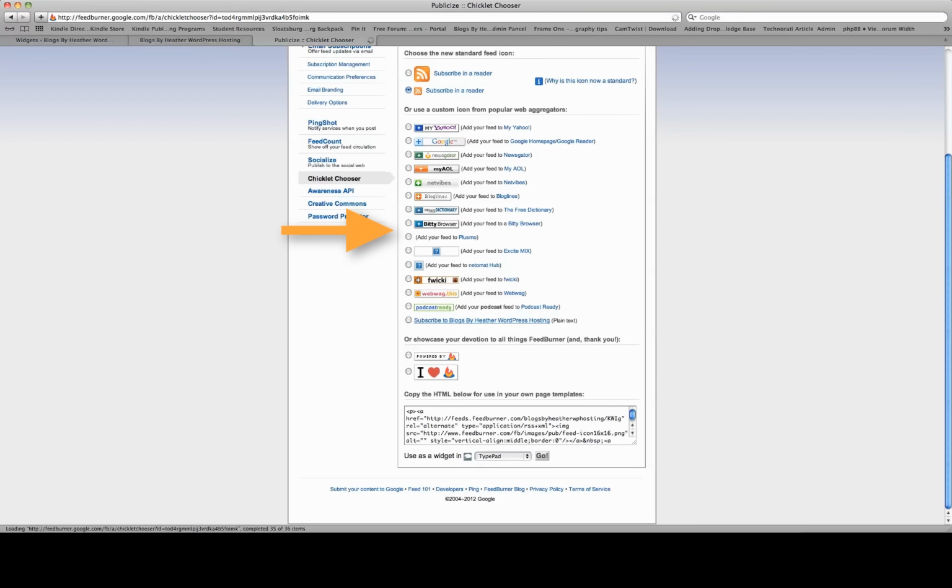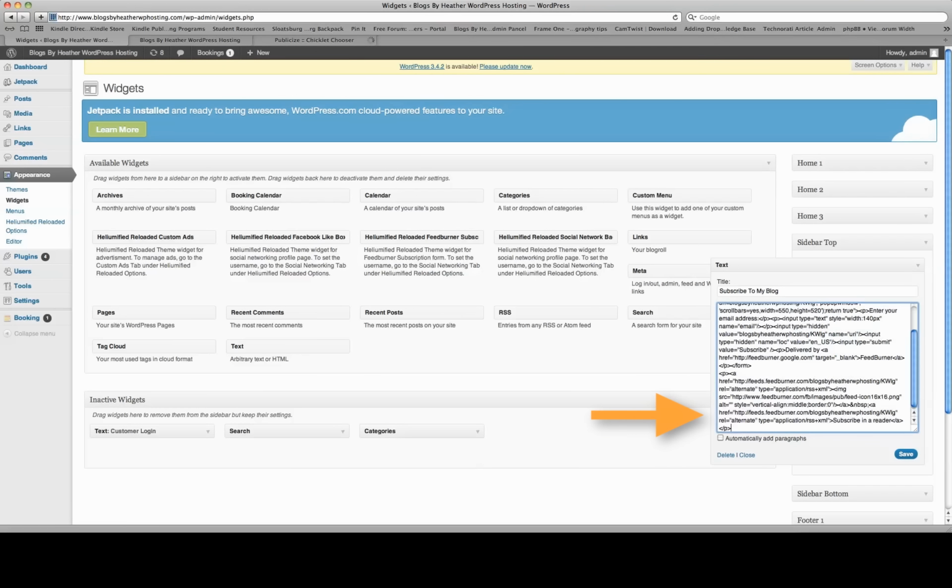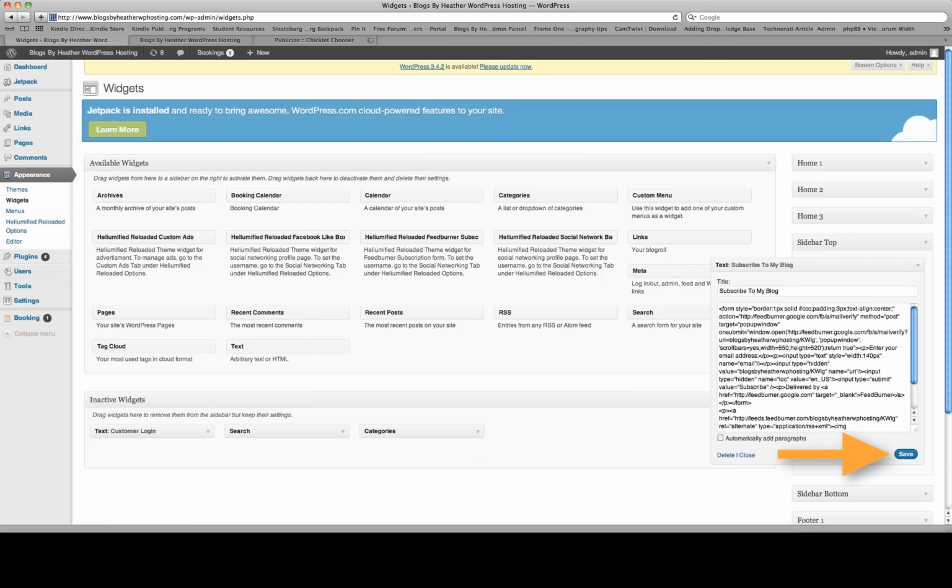And then again, scroll down, select and copy this code. We are going to go back to WordPress. And I am simply going to paste it at the bottom of this same text box. You could create another text box, it doesn't hurt, but I like keeping it all in one box. I'm going to click Save,